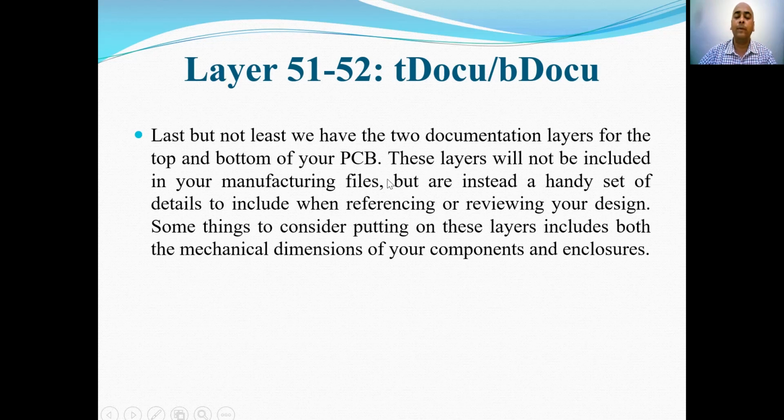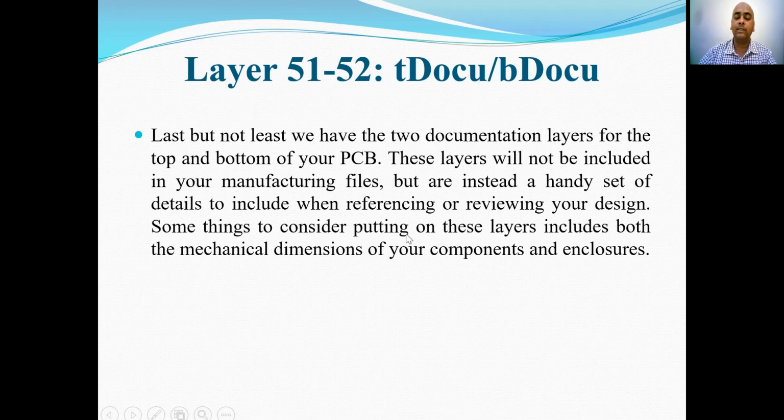These layers will not be included in your manufacturing files. That is, these are not related to the manufacturing or fabrication of the PCB, but are instead a handy set of details to include when referencing or reviewing your design by another party.